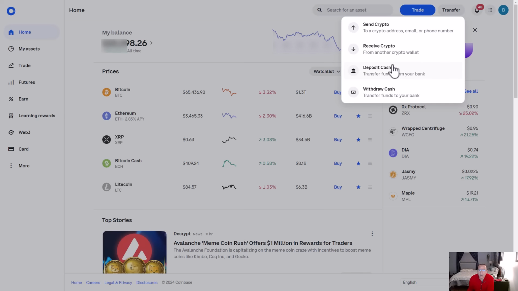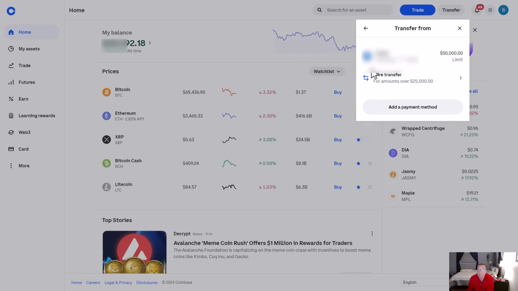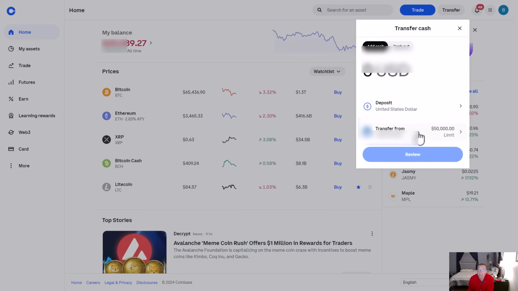Okay, we're going to go here to deposit cash, right? And it's going to say how much cash do you want to do. It's going to say deposit. Now what yours is going to say here is set up a new banking account, okay? Or a wire transfer. So you're going to go through the process of setting up that account. Right now I'm going to say, let's transfer $100 into our account. Deposit, it's United States dollar, and I'm transferring it from my bank account, which is listed right here. It's blurred out for you folks for obvious reasons, but this shows my bank account,